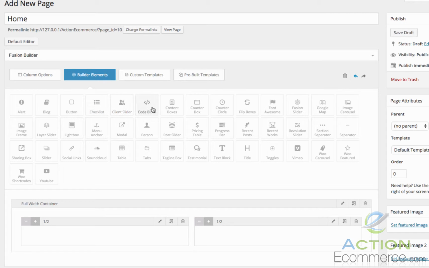Client slider, code block, content boxes, counter box, counter circle, flip boxes, Font Awesome, Fusion slider, which is actually a slider, Google Maps, image carousel, image frame, which you can use to display different images on your front end, layer slider, lightbox, which is that lightbox pop-up, menu anchor, if you choose to only use a one-page theme option, which means that everything actually stays on the same page without clicking into different windows,